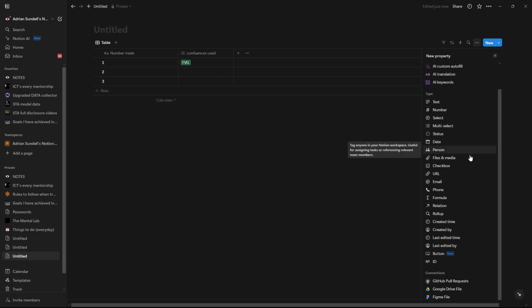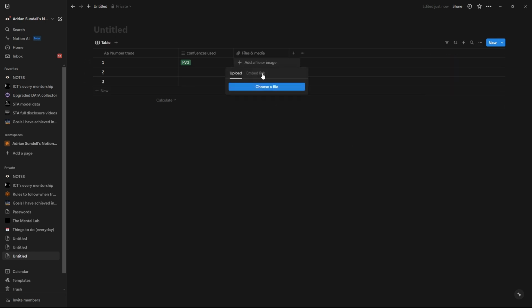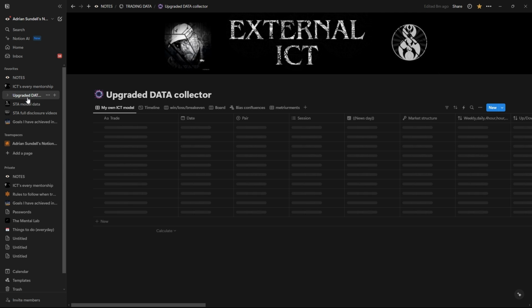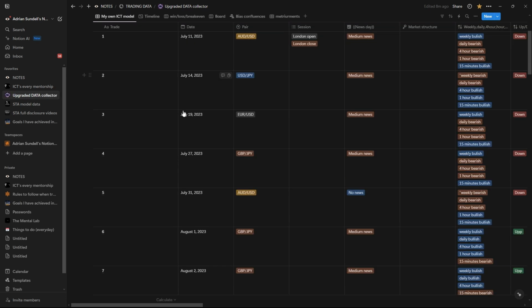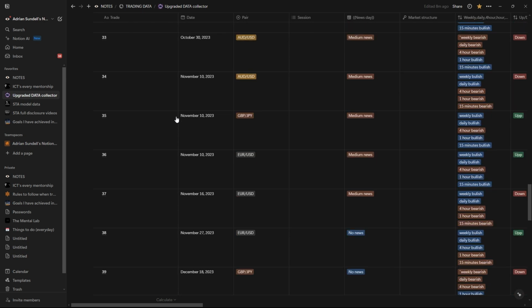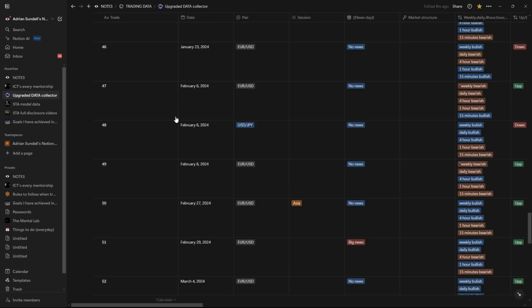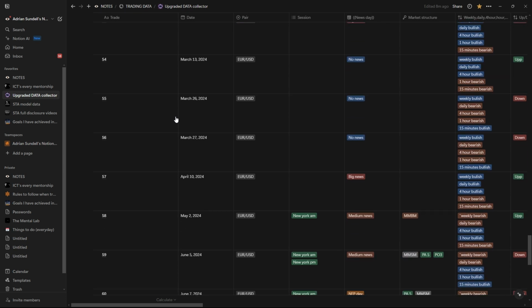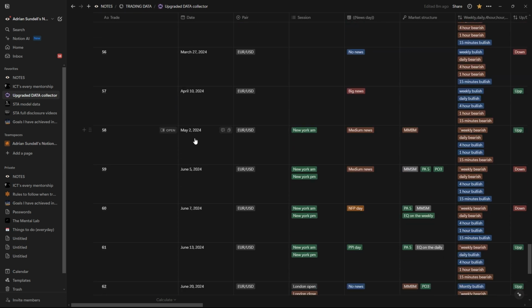Then you can add date, persons, files, and media. This is what I definitely suggest, so you can add in pictures or whatever from your TradingView, from the trade you actually took. And I'll go through mine, so let's load it up so I can explain all the things I annotate in my trading model. Let's scroll down to an example, like the 50. Yeah, let's scroll down to this.